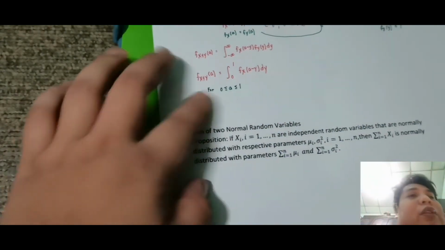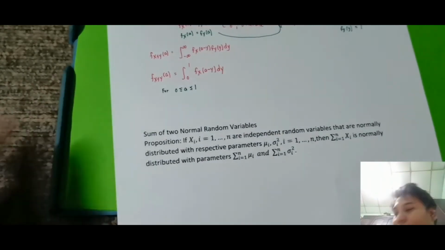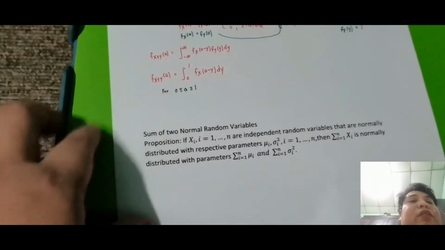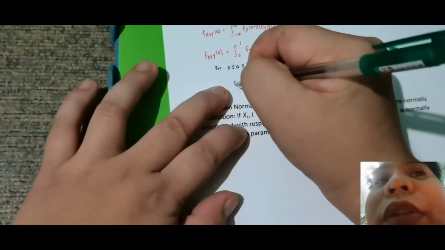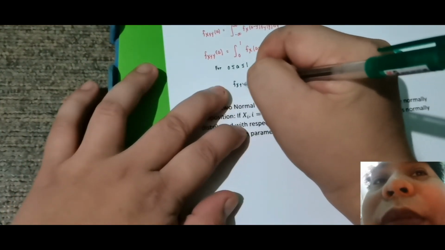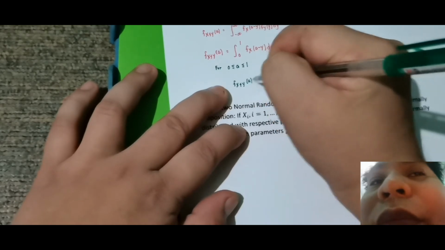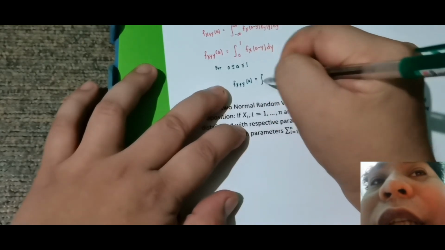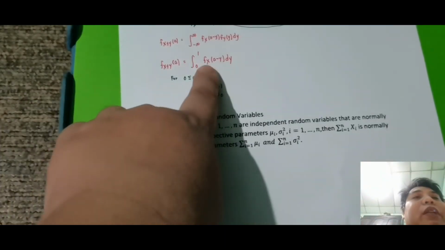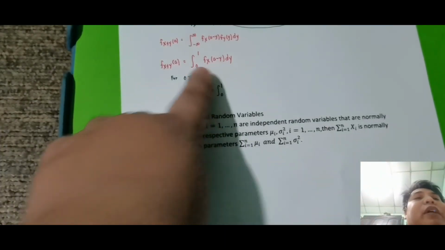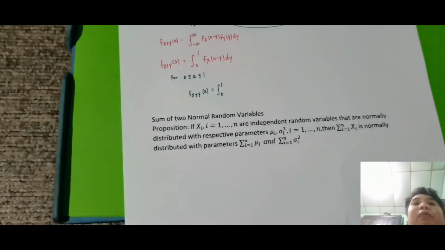Okay, so kunyari ito yung una nating function. So, meaning, mag-yield lang yung integral niyan, itong x plus y lang natin. So, yung f sub x plus y of a is just equal sa integral from 0 to 1. Okay, so now, from there, pwede natin kunin yung value nito. So, this is just a minus y. So, f sub x of a minus y, what is this? So, since with respect tayo sa dy,